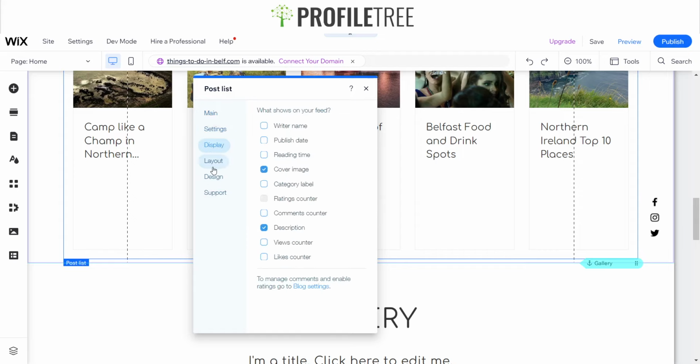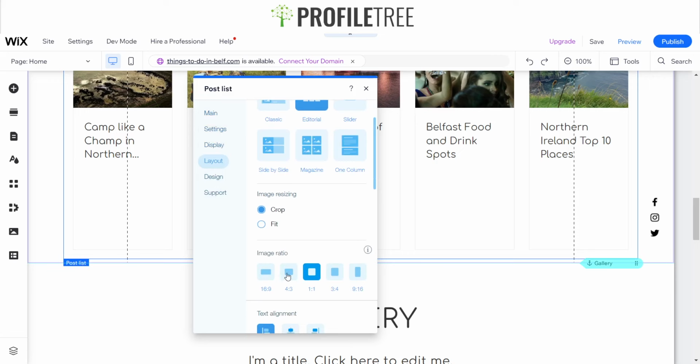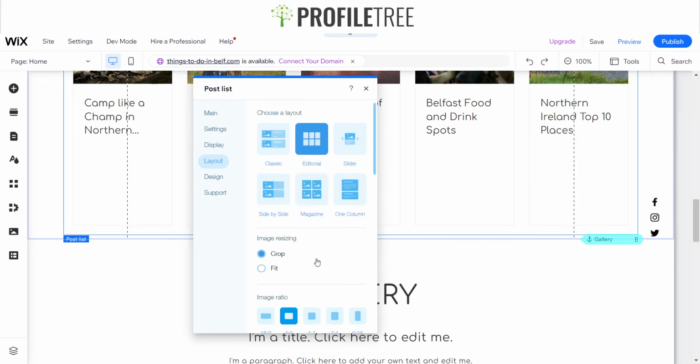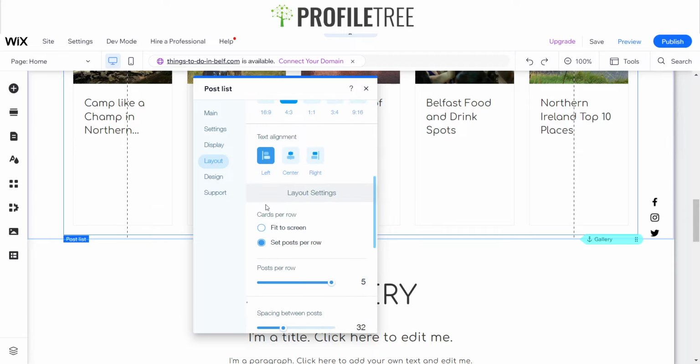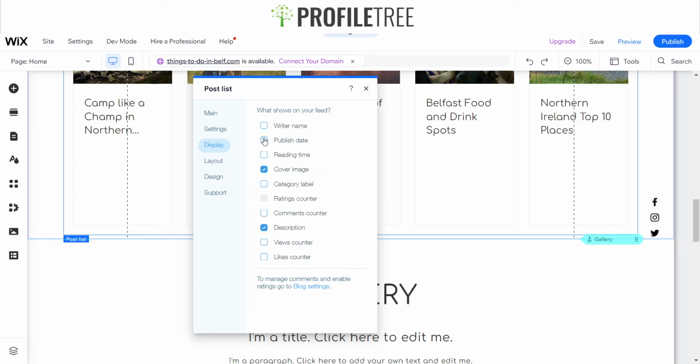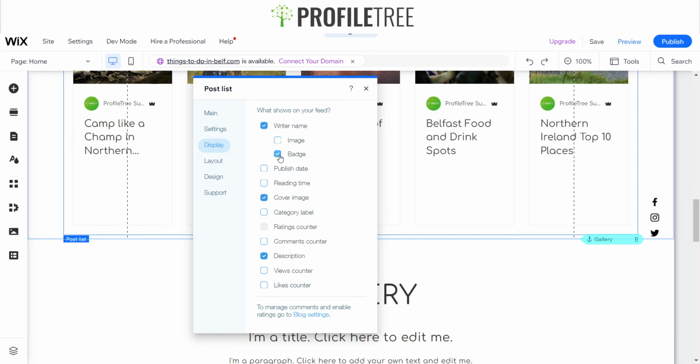Let's see, go to the layout. I'm gonna go ahead and pick it by 4x3 again. Okay. And then my settings here. I want to add the rater's name without the badge, a published date, description which we've got,